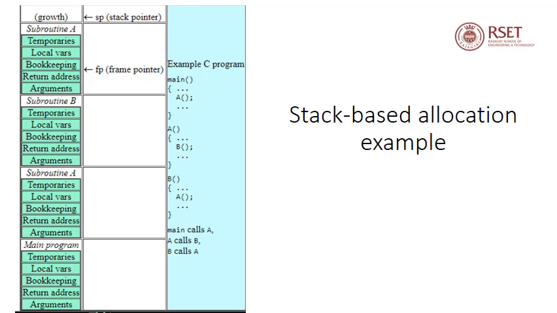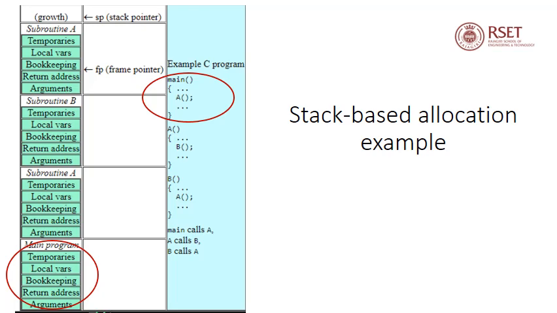So main calls A, A calls B, B calls A. Which implies that again A will call B, B will call A, and they will go on calling each other again and again. So we'll just see what happens when main calls A. Initially we know that the function to be called is the main function, and towards the left hand side you can see all the activation records, and at the bottommost part you can see the main program.